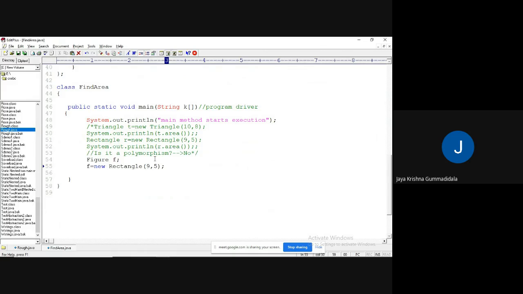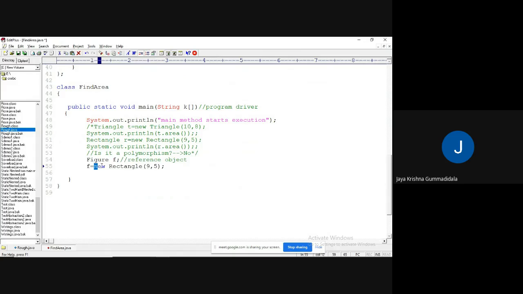What is the output you can expect? See, Figure f is a reference variable, a reference object. Now, what is it going to do?